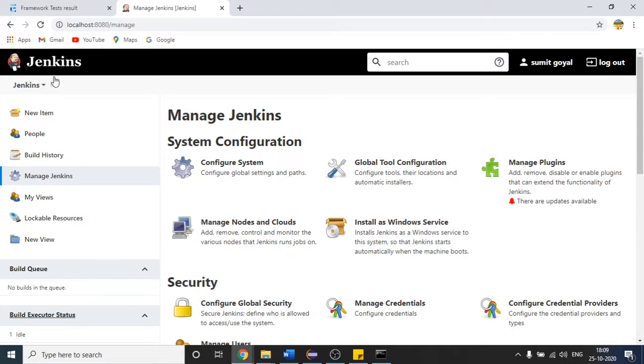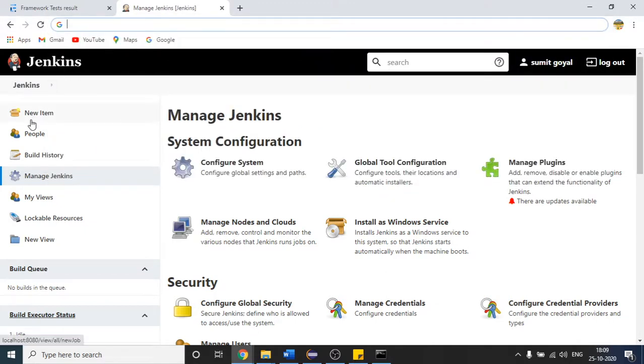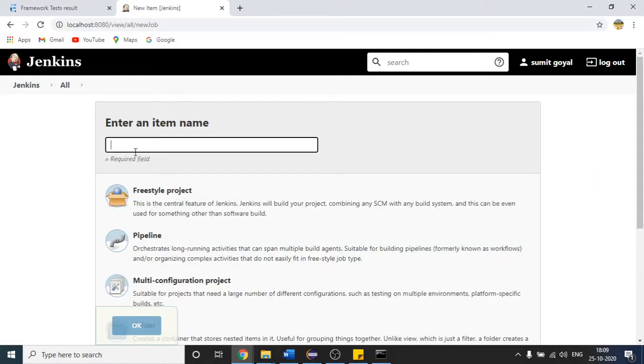To work with Jenkins, let us create one job. Suppose you have 10 test cases. For those 10 test cases, I will create one job, and once I run that one job, all the test cases will trigger. In Jenkins terminology this is called a job. So let me create one job. Click on this, and after that you can name it Maven job, or give any name. It's up to you. Once you give this, click Freestyle project and click on OK. That will create a job for you.